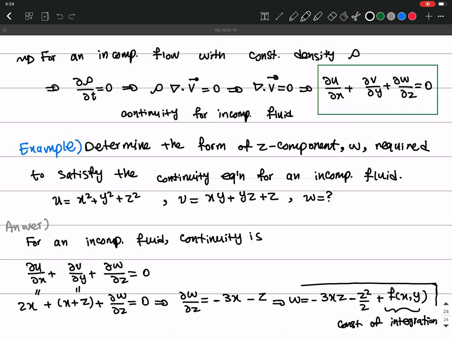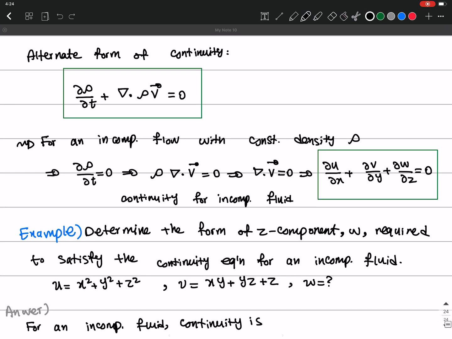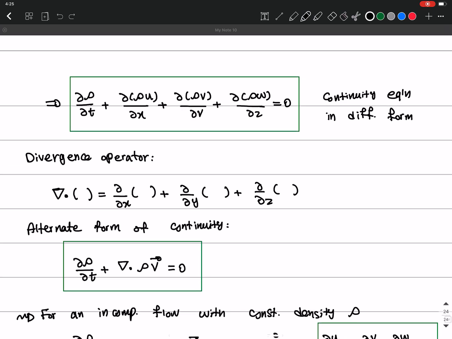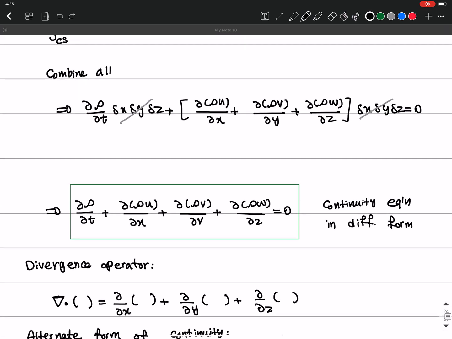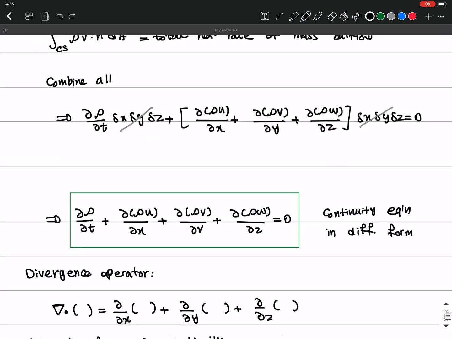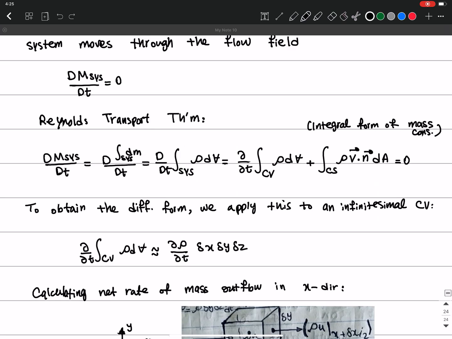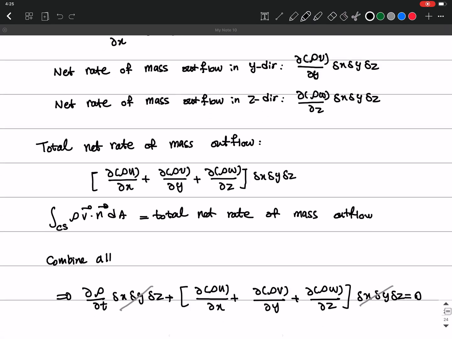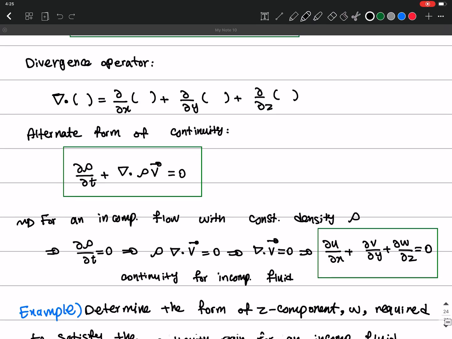Okay, so this was just a brief overview of the differential form of the continuity equation, and the differential form of the mass conservation law, which is shown here as these two forms. And of course, we can also write the differential form of the momentum equation, which I'm not going to go through, but just to give you an idea, it's going to be something like partial v over partial t